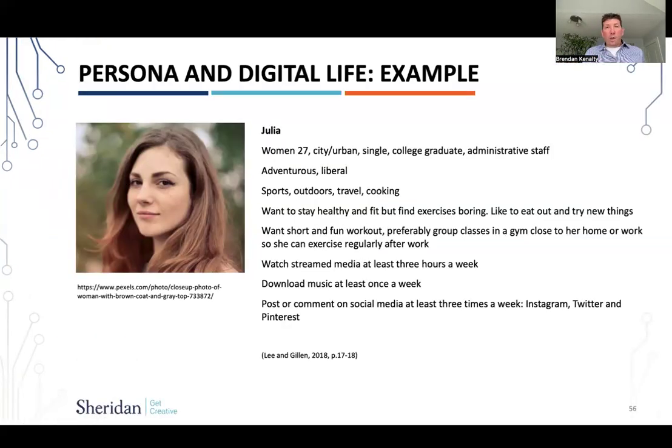So if we go back to one of the sample personas for Julia here, we understand some things, we kind of know what she's looking for, right? We know what she's looking for in a fitness gym, potentially what kinds of activities she likes to do. You can read this and start to think about what are some queries she would look for, right? What are some things she might be typing into Google, right?